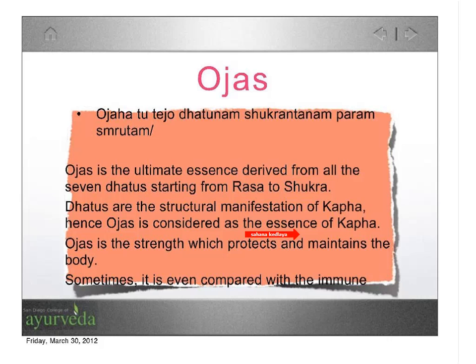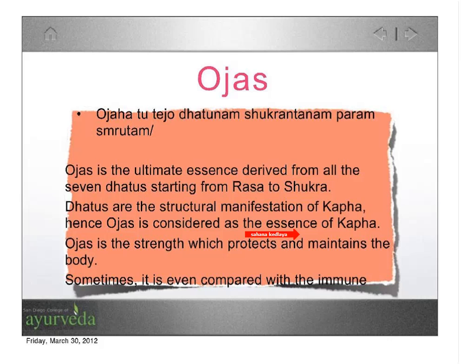So along with the dosha imbalances, we will be looking at the Agni and also these three important factors, the Prana, Ojas and Tejas. So Ojas is the essence of Kapha. If we take the transformation of milk into ghee, that's exactly how we can explain the formation of Ojas. When we take the milk, make it into curd, then churn it, get the butter, and when we heat the butter, we get the ghee.